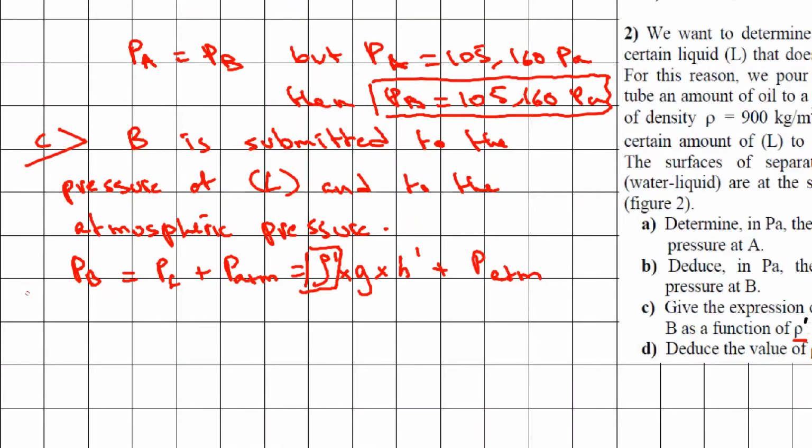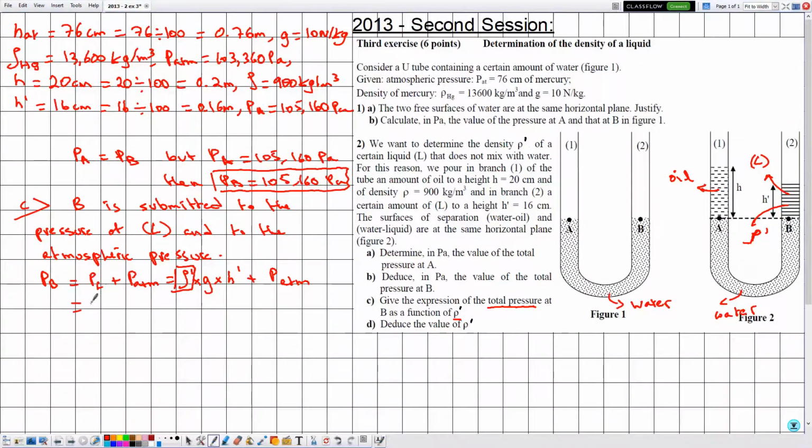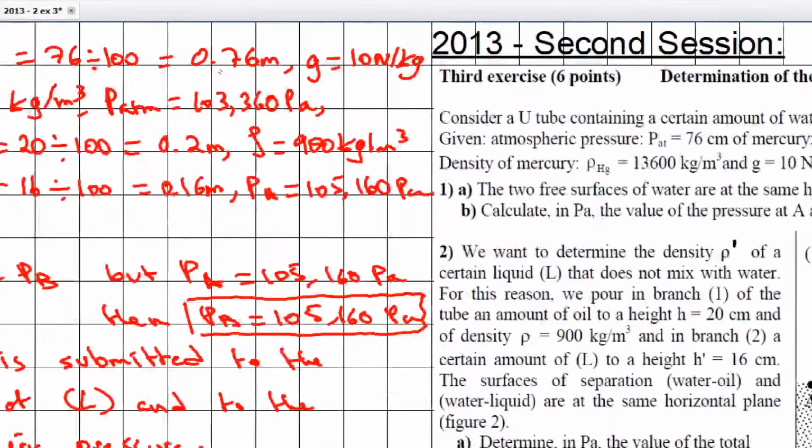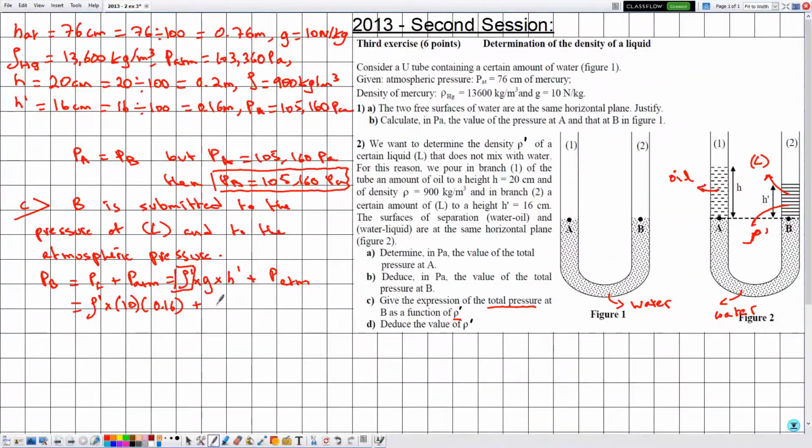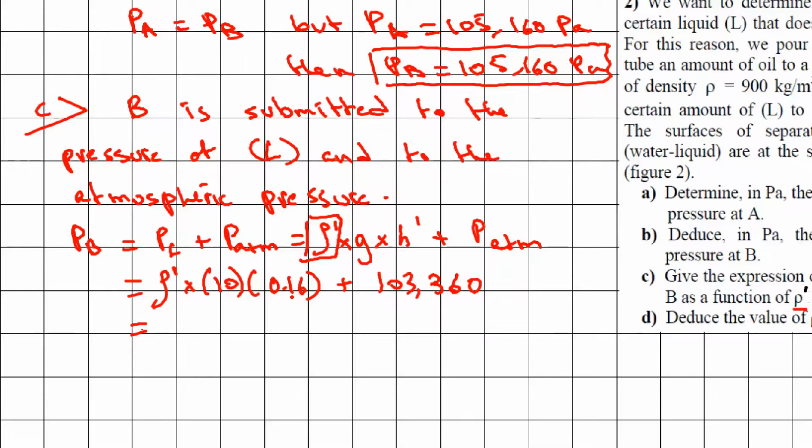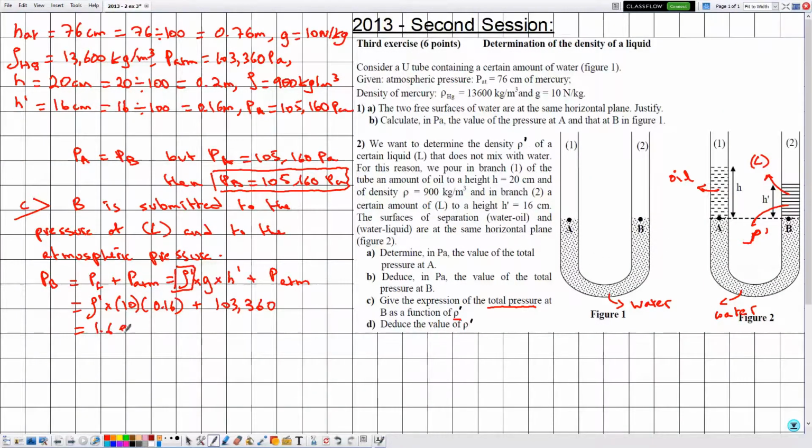Knowing that we are interested in determining PB, rho prime times the value of G is given by 10, and the value of H prime is given by 0.16 in the SI. So this is the value of H prime, plus the atmospheric pressure, which is given by 103,360. Now 10 multiplied by 0.16 is 1.6 rho prime, plus 103,360. Then the total pressure at the point B as a function of rho prime is given by